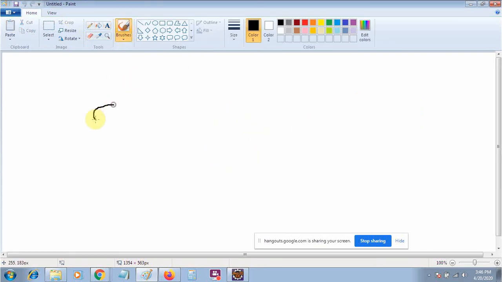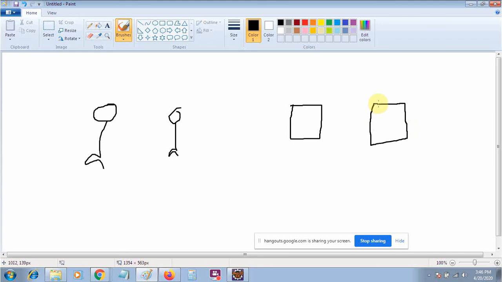Suppose you have two threads, thread 1 and thread 2, and there are two resources, R1 and R2.